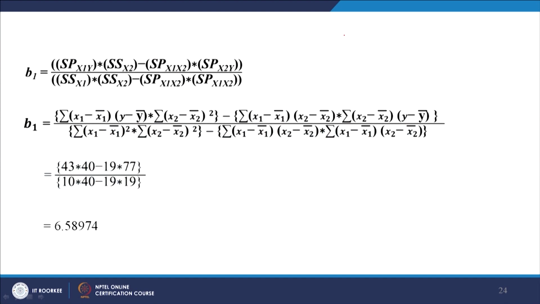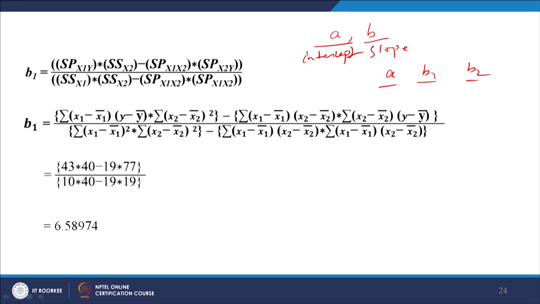You remember that in any simple regression, we needed to calculate a, which is my intercept, and b, the slope. So I needed this slope and intercept in a simple regression. But in a multiple regression, suppose there are two variables, then I will have a, b1 and b2. So now I need to calculate this b1 and b2.